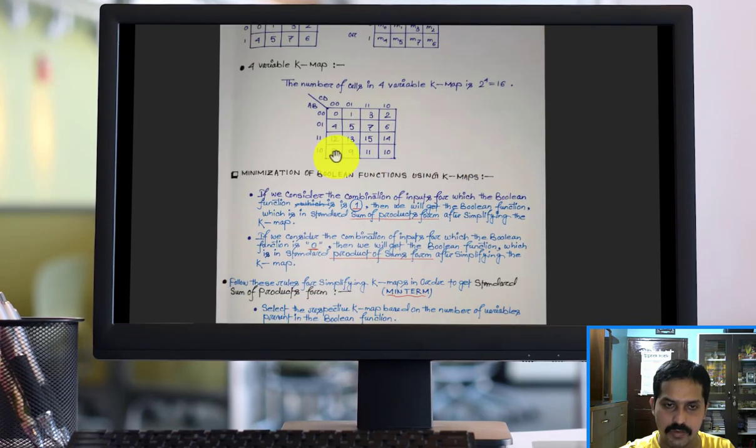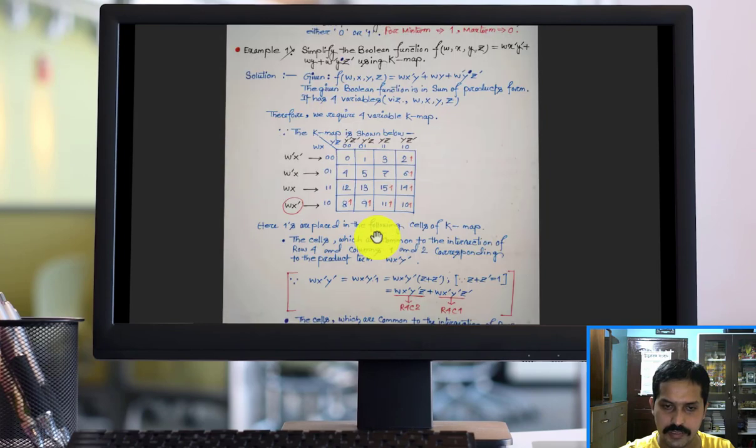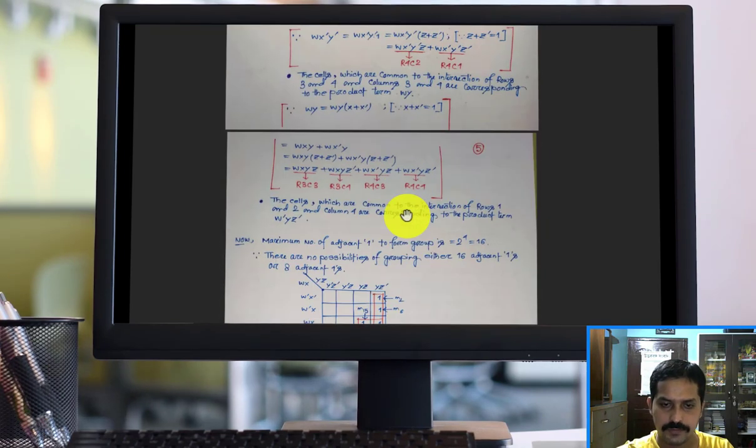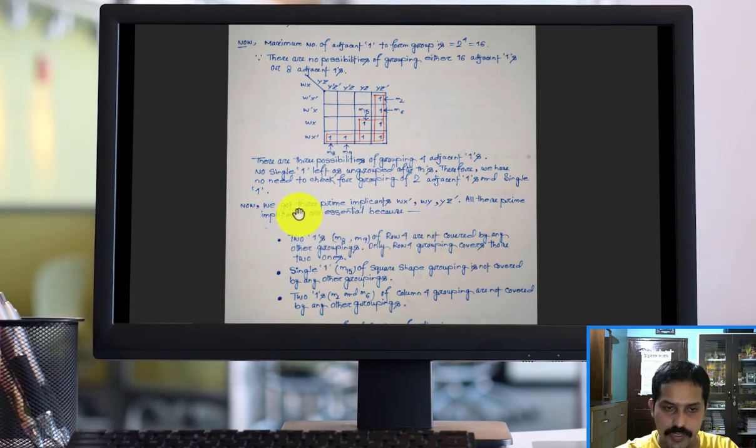See, this is our M8, right? This is our M9, this is our M2, this is our M6, and this is our M15. Either you write this or you can write this, but you have to follow any one technique. So we got 3 prime implicants, WX', this is our WX', and this is also WX',